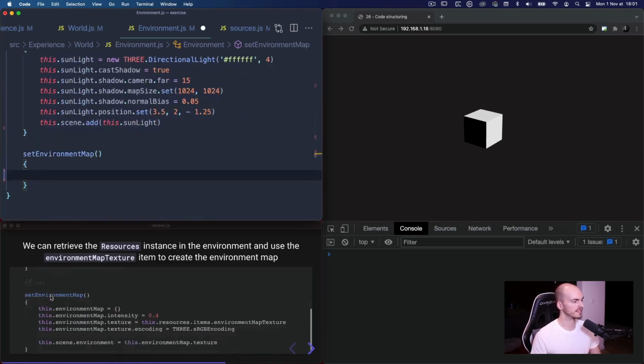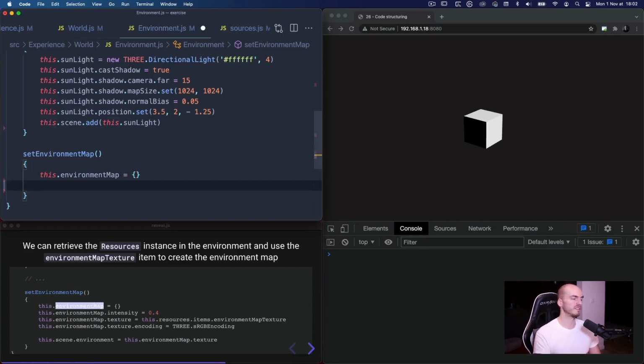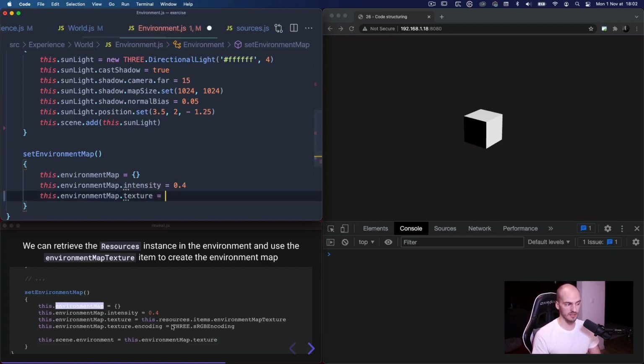Here we can do this.environmentMap equal an object. I like to put things inside objects, inside properties and everything. We're going to have an intensity for it, so it's going to be 0.4. We're going to have the texture, and the texture, well, we can use it from the